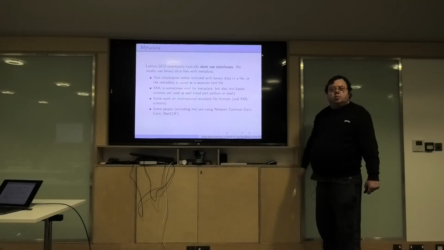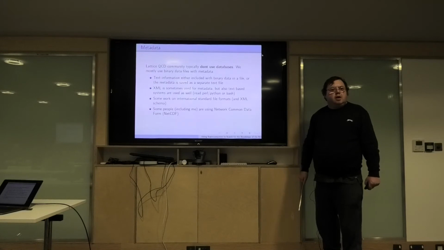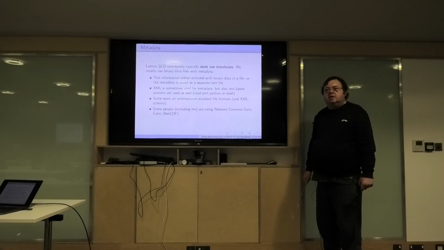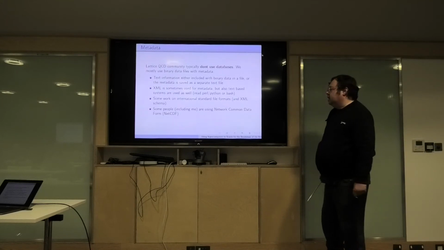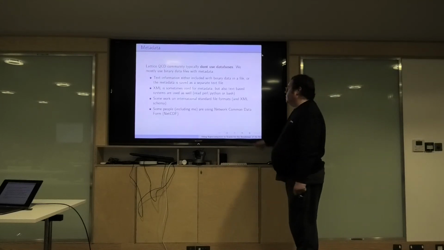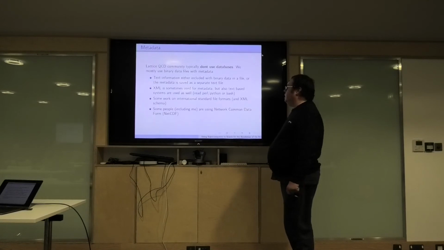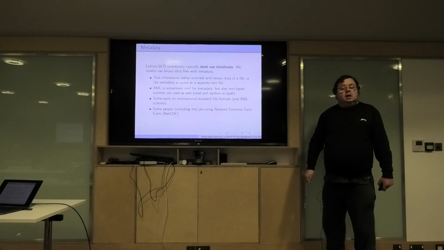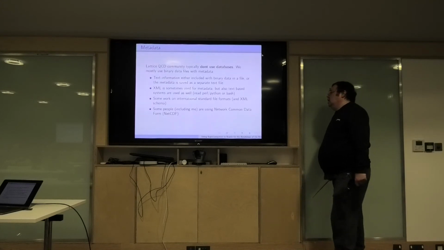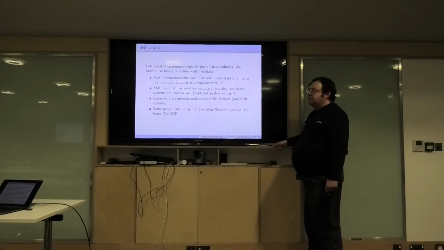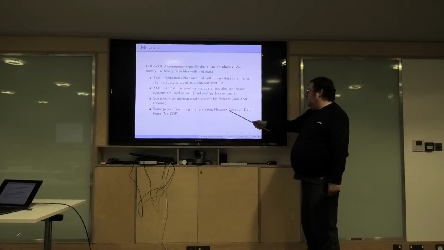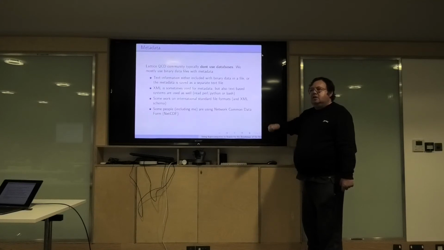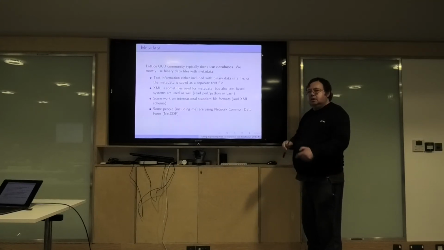When I first used this, I thought it would be a great idea. But some of the graduate students, when I worked at Liverpool, used to look at me and say, why are you punishing me using this horrible XML stuff? We have worked on international standards for XML schemas to make data more portable. This is like a stall at the moment. And this is more kind of jargon: network common data format. This is a way of storing data and metadata in the one file. It's a bit better than databases.